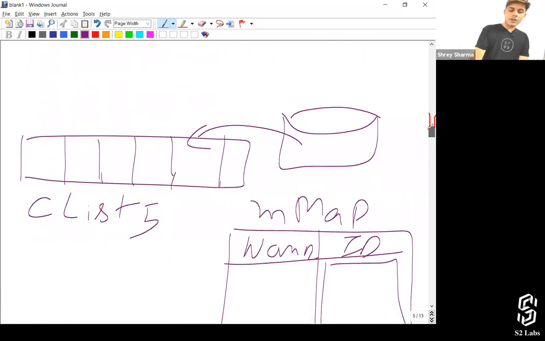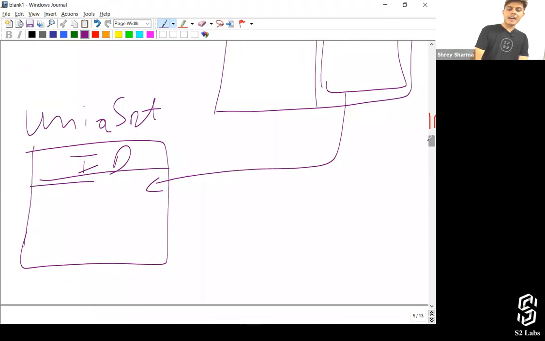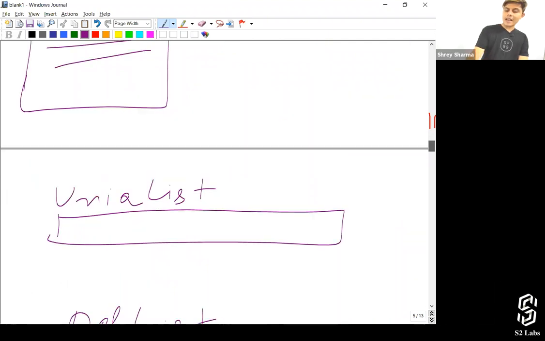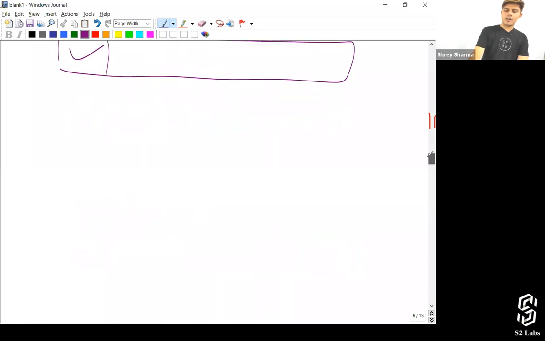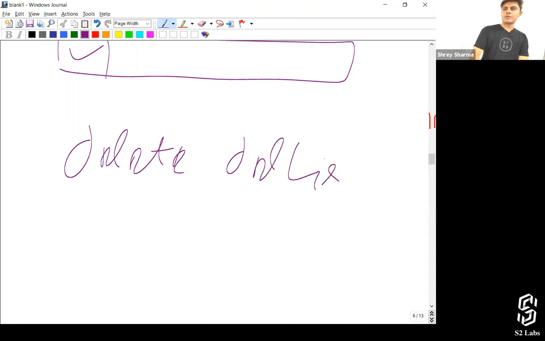We're going to iterate over each of the records and check whether that ID is there in this unique set or not. If it is there, then we'll add that record into the unique list. If it is not there, then we'll add that record into the del list. And at the end of it, we'll delete the records which are there in the del list. I hope you got it now. Clear? Okay.